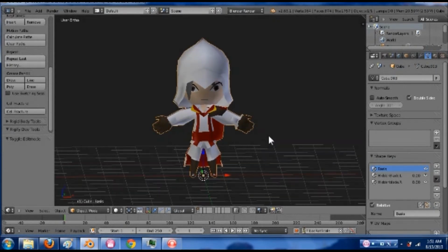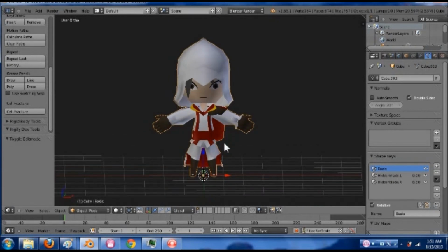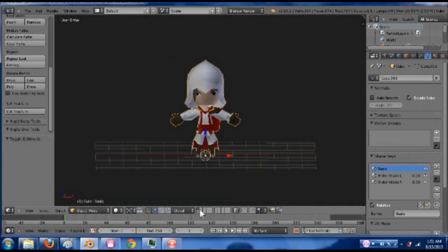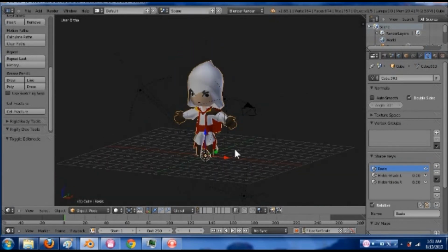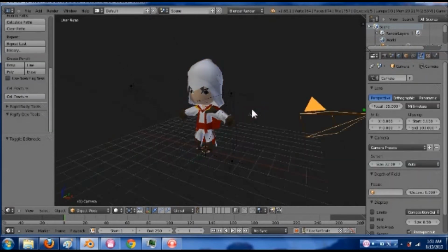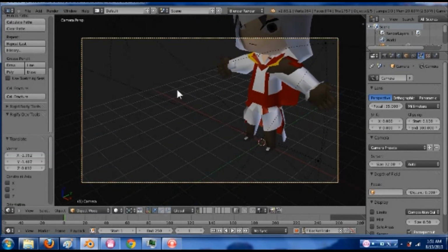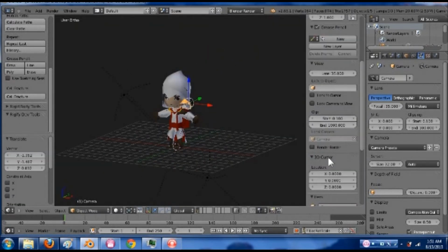So next time, when I try and record this, I will do maybe some light texturing and some rigging. But for now, if you want to see an image of your character, you have to have some lamps in here. You select the camera, press the Z on the numpad,